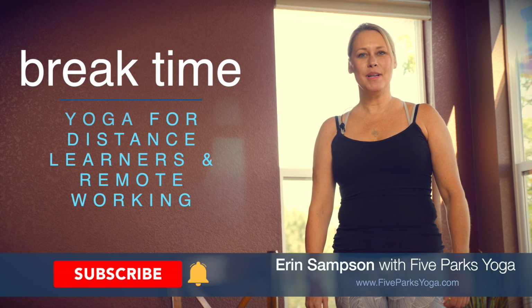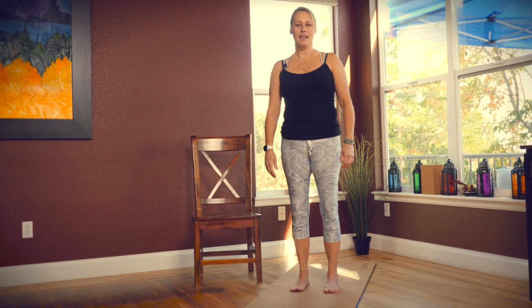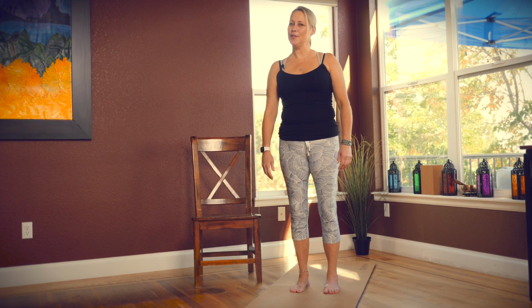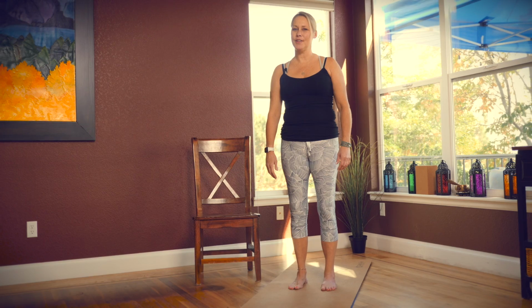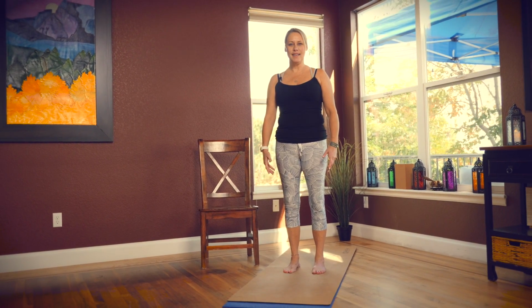So stand up, get out of your chair, plant your feet on the floor. You don't need to change clothes. You don't need to do anything special. So plant your feet firmly on the floor. You can even keep your shoes on, but feel the connection between the floor and your feet, and stand up